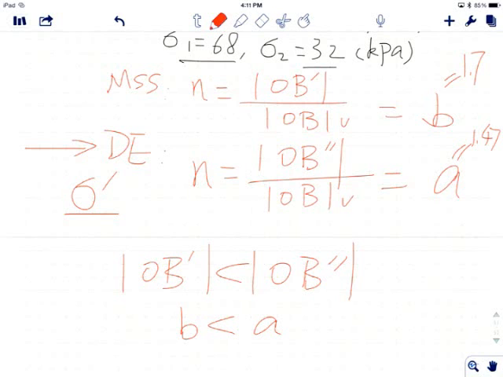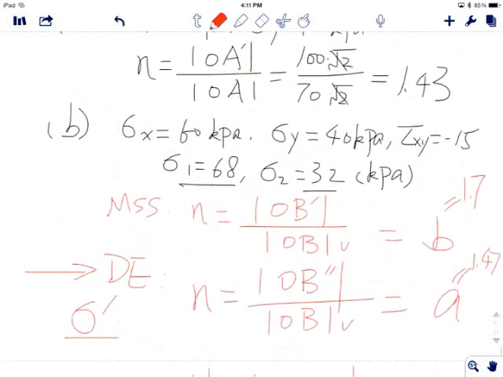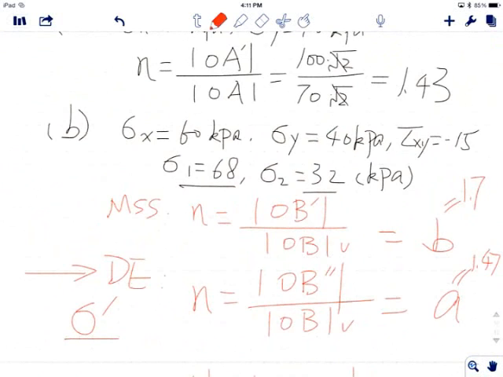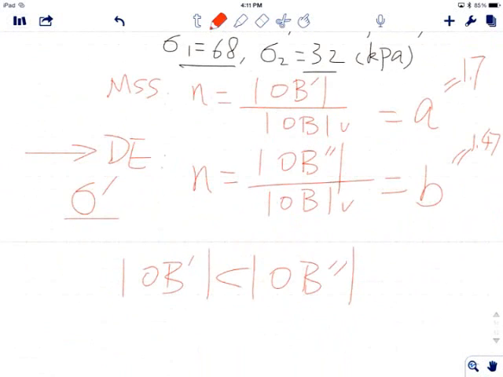Yes. Shouldn't they be switched? The B and the A? Shouldn't it be 1.7 over B double prime? Oh, okay. B squared. You mean this, right? Yes? Okay. Sorry about that. Yes.